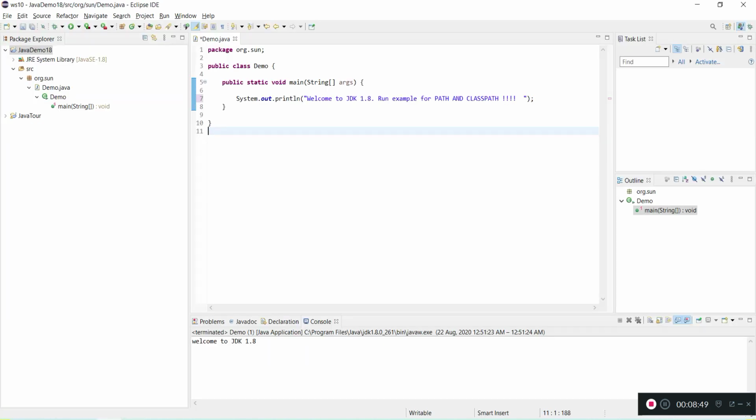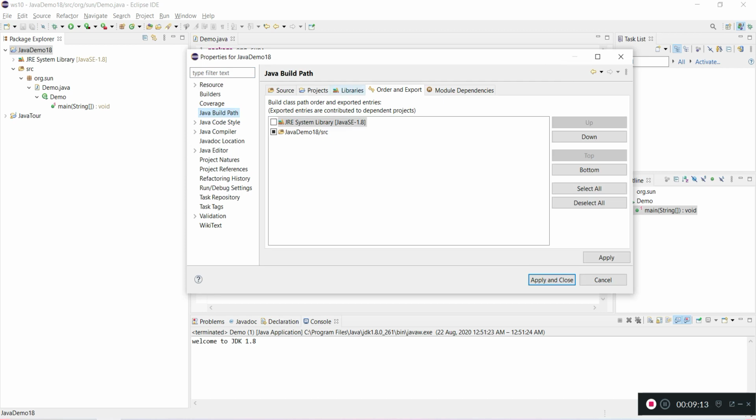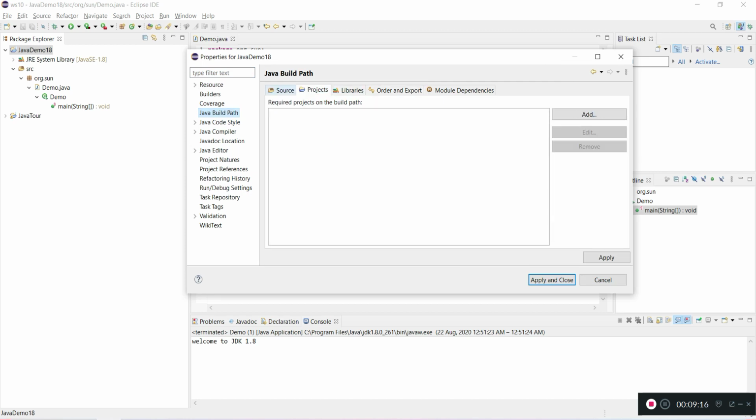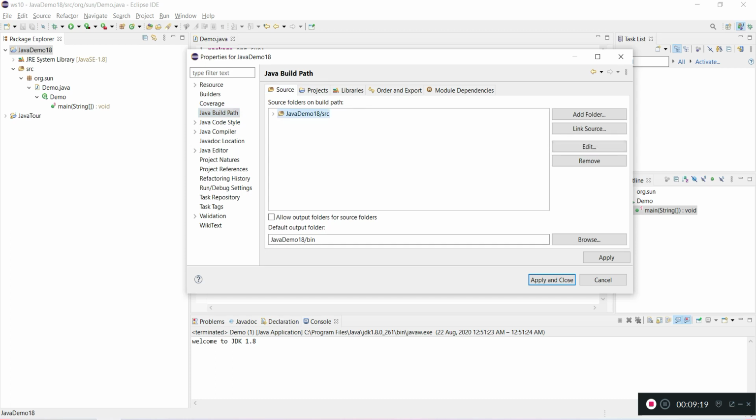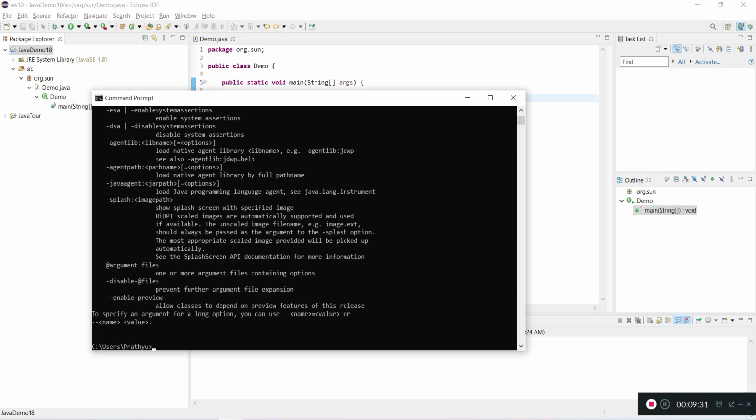I have this program and let's say this. My Eclipse is set up, so when I save the file and create the file, Eclipse is taking care of compiling and running, and we can see the Java build path is set, and the source is taken from here, and the compiled output goes to bin. So Eclipse is taking care of all this, but if you want to run from outside, we need to take care of it. So we have set the path.